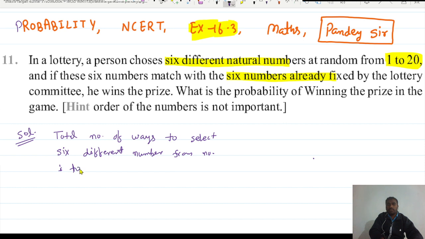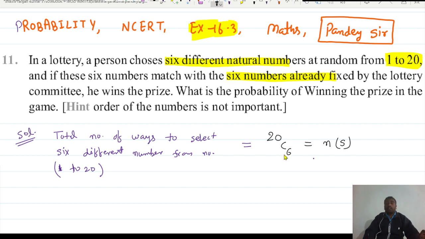We have a total of 20 numbers, 1 to 20, and we have to select any 6. So how many ways can we select? Simply the nCr formula: we have a total of 20 and you want to select any 6. So 20C6, so simple. So this is the total number of possible outcomes. Means this many ways a person can select 6 numbers out of 20. 20C6, right? Now,